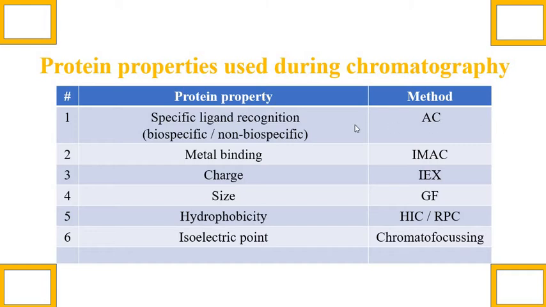Different protein properties can be used during chromatography. For example, specific ligand recognition is used in affinity chromatography, metal binding in immobilized metal affinity chromatography, charge in ion exchange chromatography, size in gel filtration chromatography, hydrophobicity in hydrophobic interaction chromatography or reverse phase chromatography, and isoelectric point in